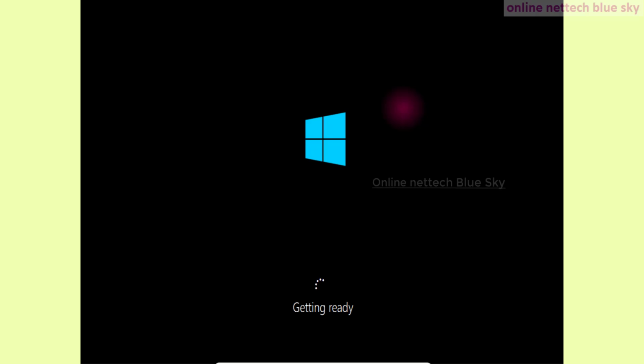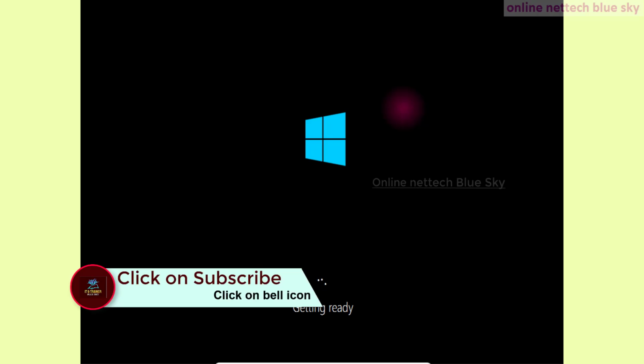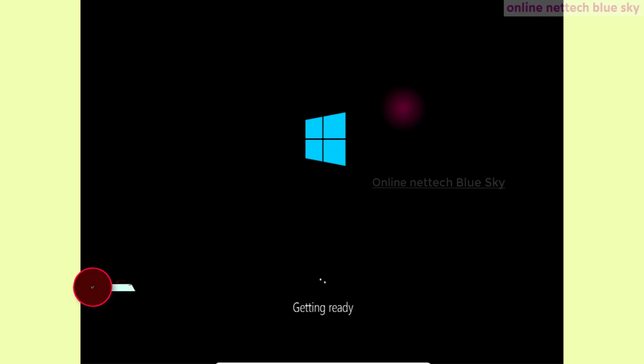So if you are already using Windows 7 and you want to install Windows 8.1 on your computer, be careful, because before installation, first take a backup of all your user data. User data is very important, okay, so that you don't have any problem.